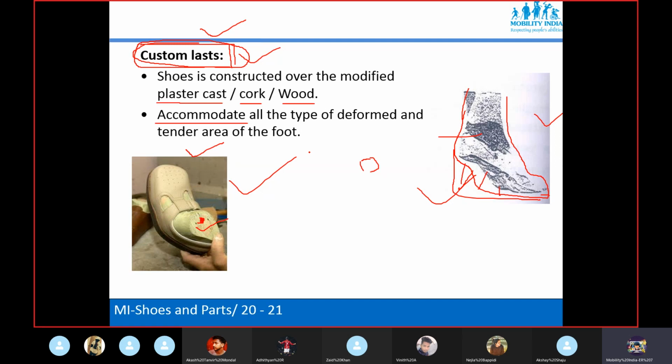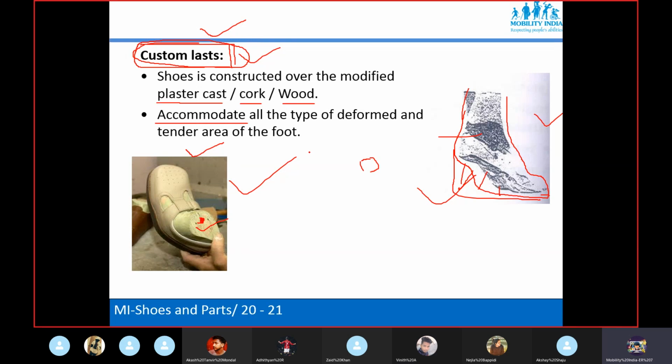Both things will happen with a custom last. Again it depends whether the deformity is flexible or fixed. You're all getting my point?